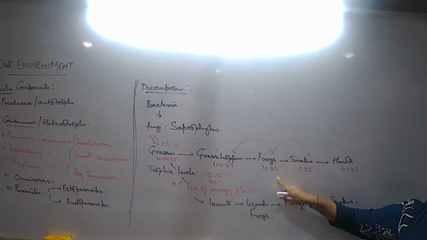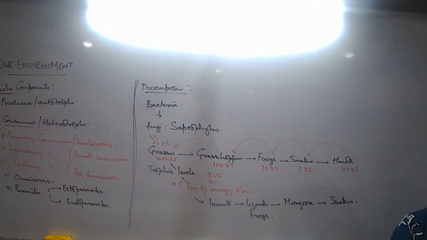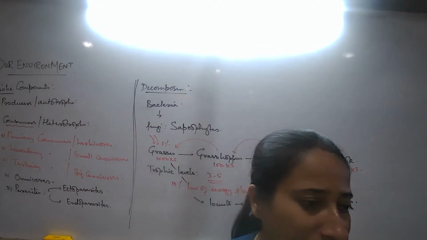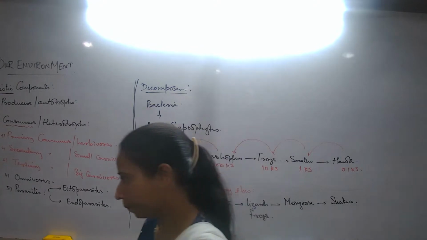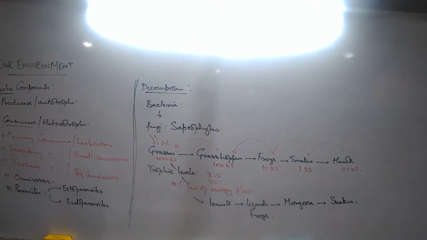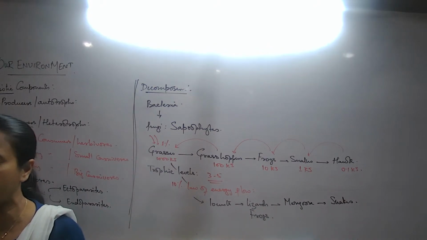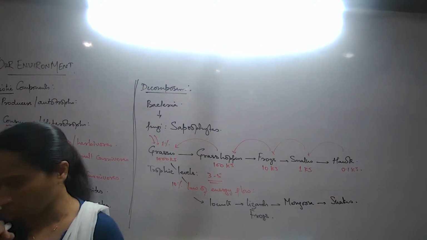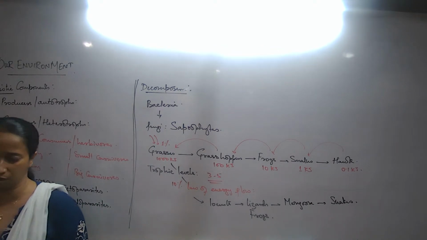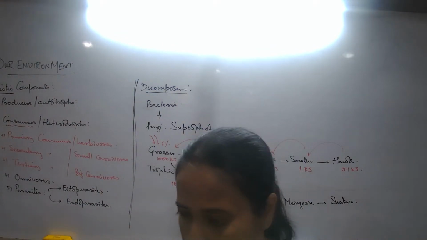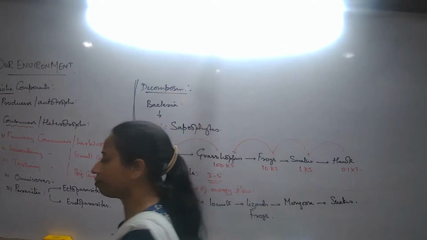What did we understand here? There's a diagram of a food web. Try to find out how many food chains are there. You will be given this type of diagram in your paper and you will be asked to count how many food chains. How many are there? 6? No. 4? No, even more. 7. Look, see, don't guess. 3, 4, 5, 6, 7. 7.